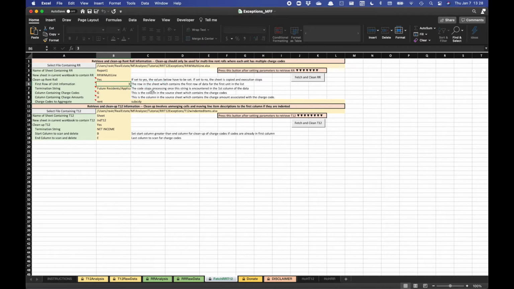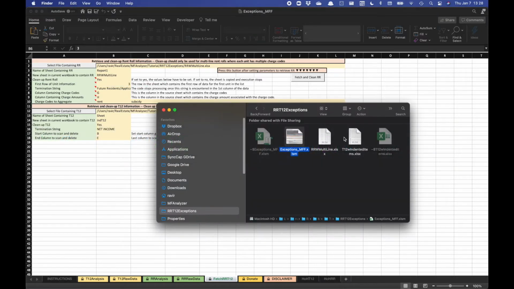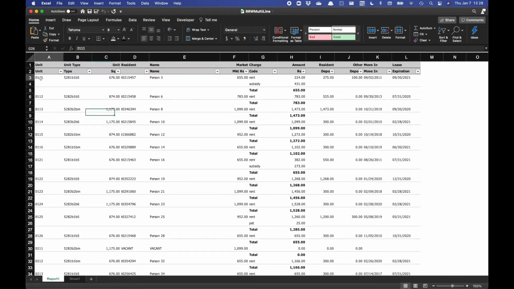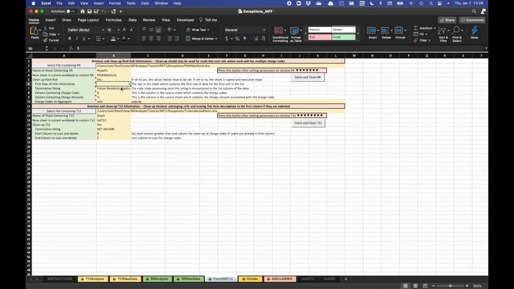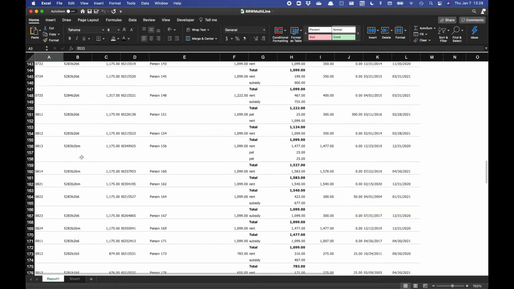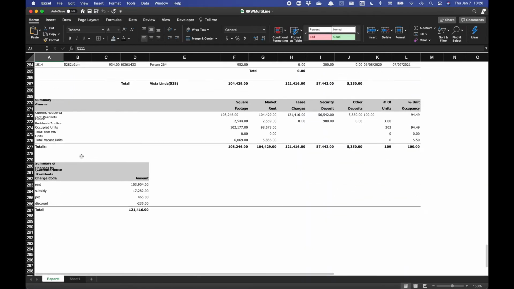So in the rent roll, which I'll open up again, so we can have it open and refer to it easily, the first line of data is in line 3. So we'll put line 3 as the first line that we want to start processing. And then we want to terminate when we hit this termination string, which if you look at the rent roll once again, if you scroll all the way down to the end of the data, you'll notice that the termination